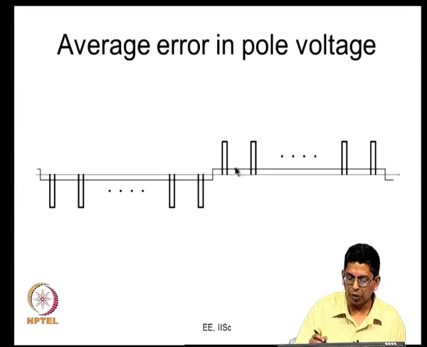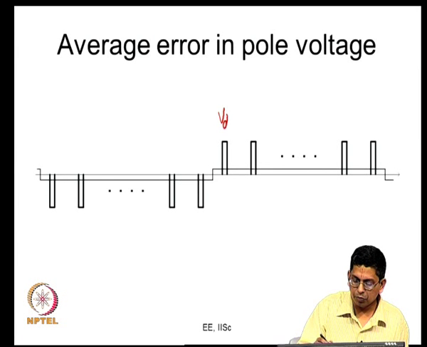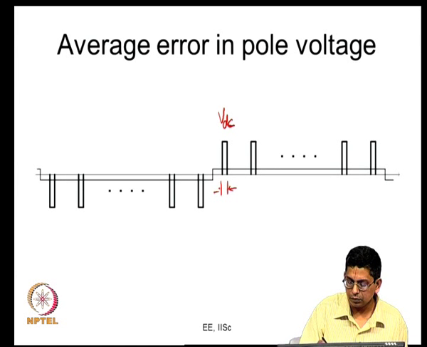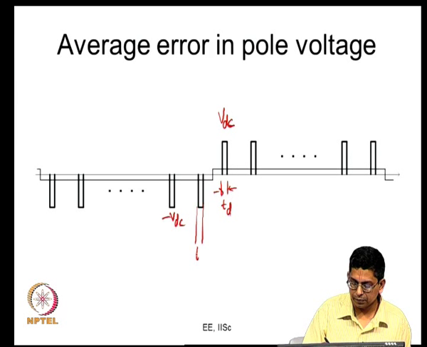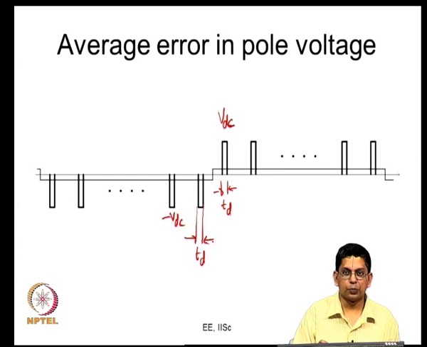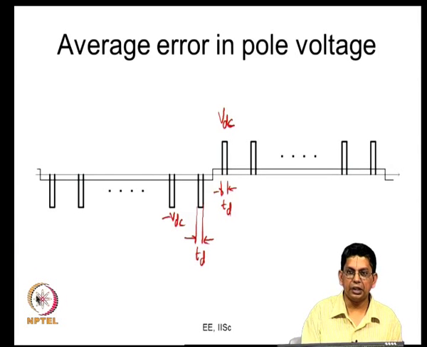Now, let us see what the square wave is. This is the error voltage, and these are of magnitude VDC and of width TD. In the same way, this is minus VDC and this width is TD. So, these are the error voltage pulses. What kind of waveform is this? Is it a periodic waveform? Yes, this is a periodic waveform. What is its periodicity? Its periodicity is actually the fundamental frequency.